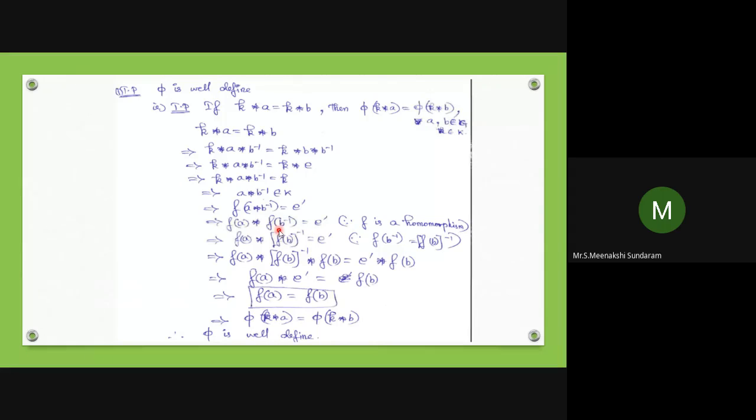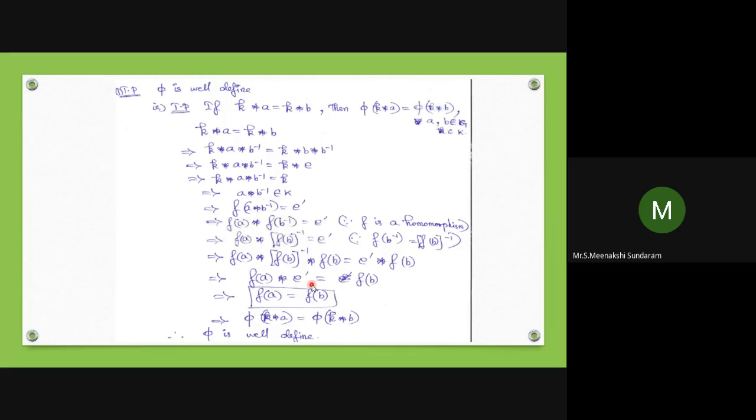equal to e dash. அப்போ f of b inverse, f of b the whole inverse எழுதணும், equal to e dash. ஆட்டோமேட்டிக்கா f of a ஓட இன்வர்ஸ், அப்போ f of b inverse னது அப்போ f of a star f of b the whole inverse, again post multiplying by f of